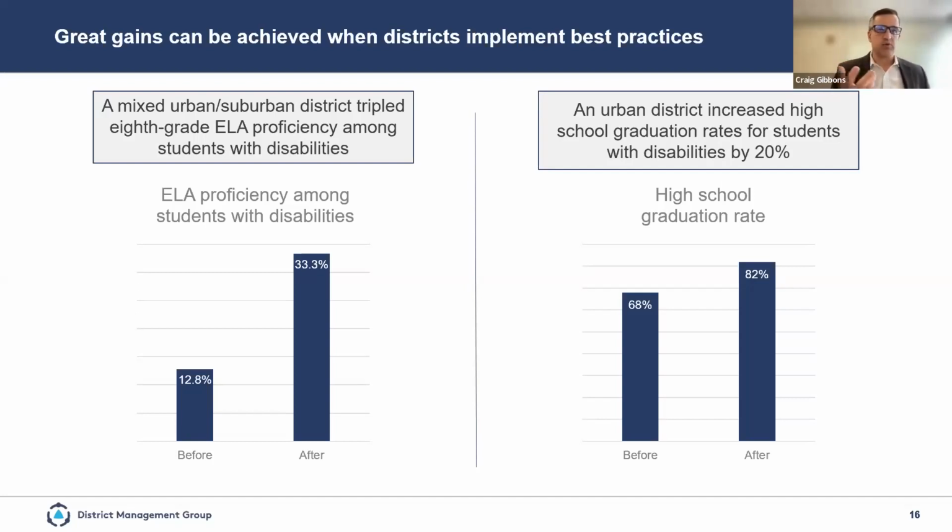And this is work we did in a school year. So these are pretty big gains for a single school year for some very critical skills. Obviously, ELA proficiency as you're heading into high school needs to be there. And so solving for that gap, and also just high school graduation rates. So thinking about what kids need, what's getting in the way of them achieving or gaining access to those resources, and really just thinking through how we create a system and leverage the people we have differently to address these needs.